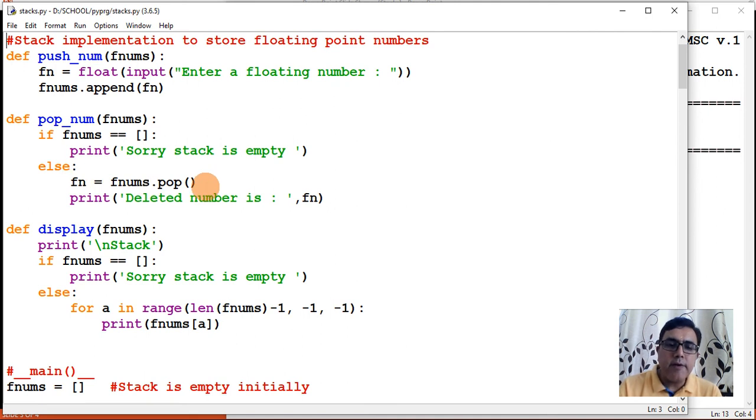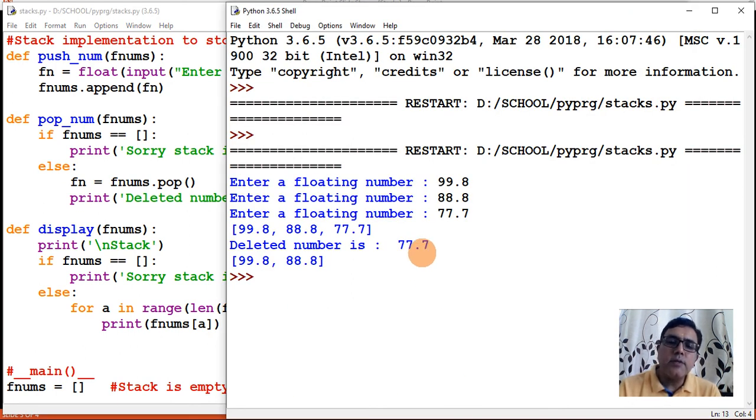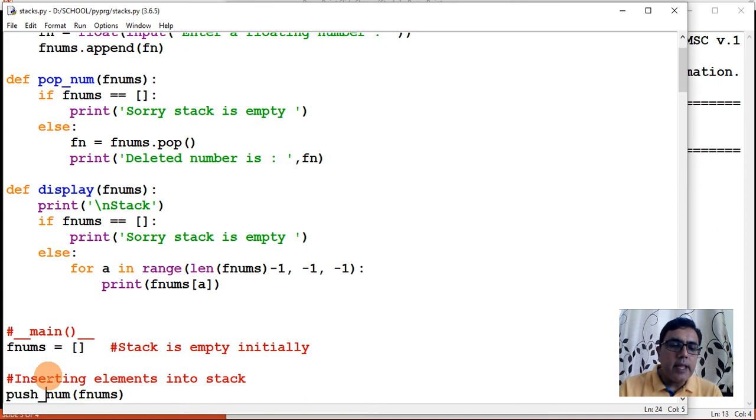Inside fn it saved 77.7, and that value is actually removed from the stack, which is a list. So it has removed 77.7 from the list, and then prints deleted number is 77.7. Then it returned back to the main area.